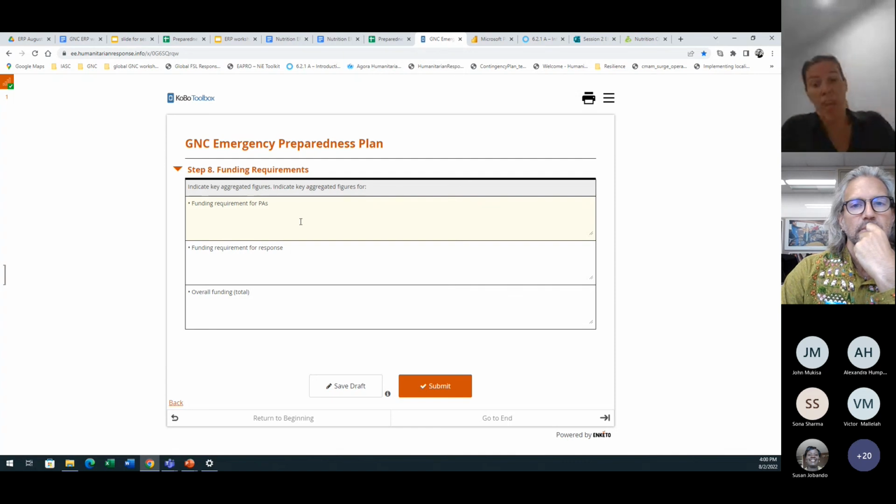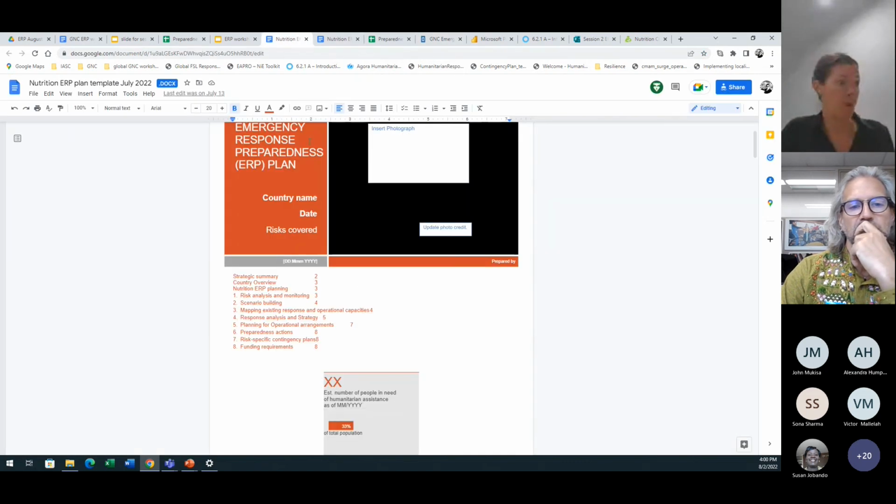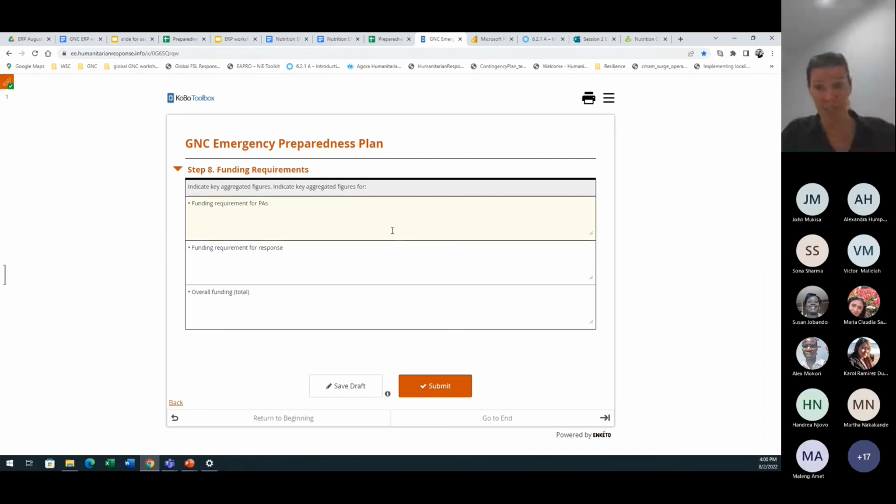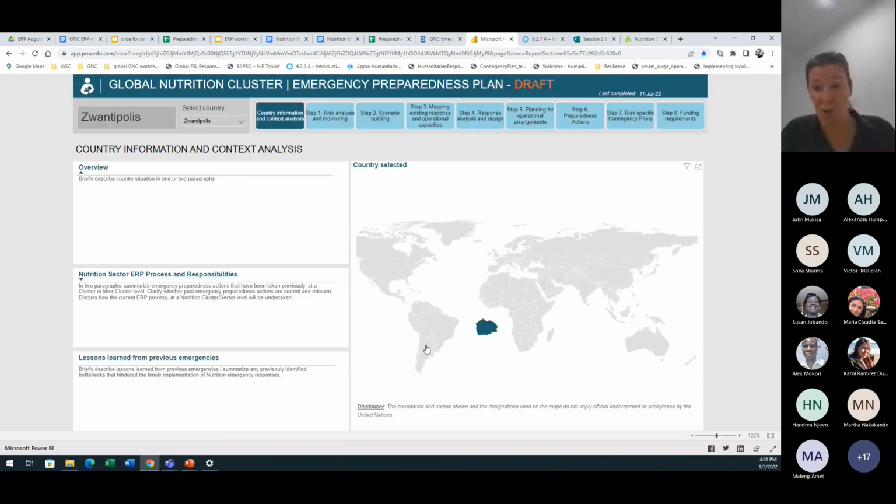But we have to develop an ERP plan. So you can do it in the form of a Word document, but we really recommend having highlights moved into the Kobo form online that is built for you. They are already made. You can just type information, and then the dashboard is generated automatically once you submit your